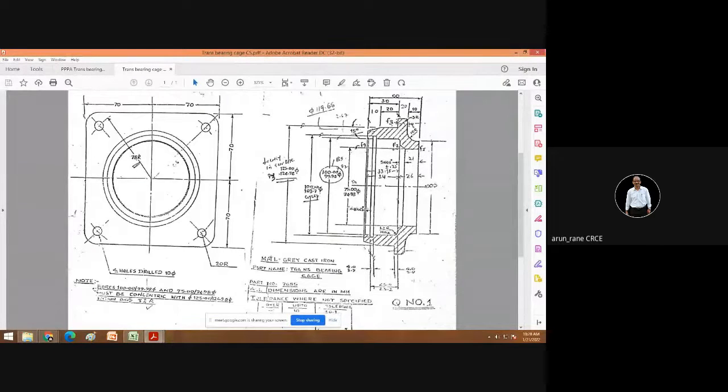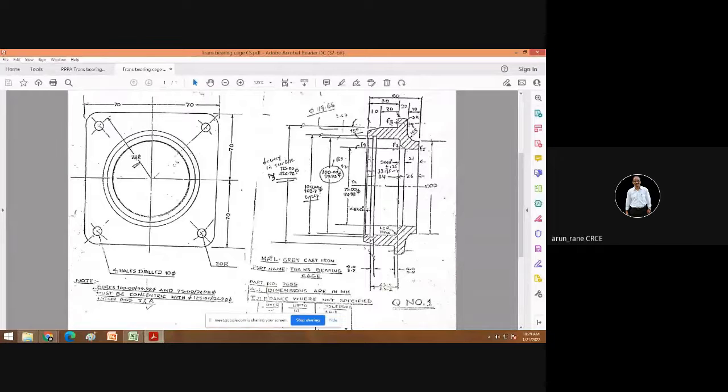We will consider a cylinder of diameter 125, that is this, and inside diameter 103 here, and you can take thickness as 30 and calculate the volume.